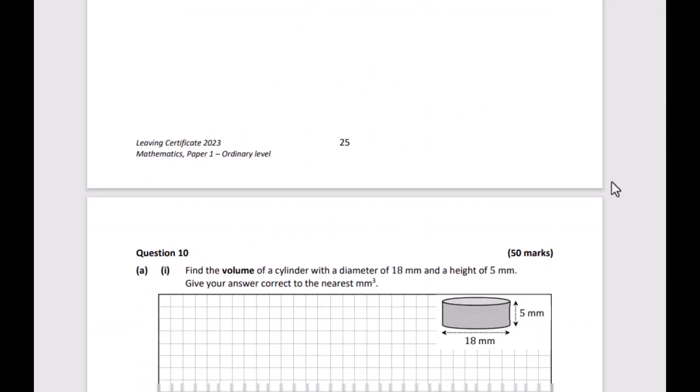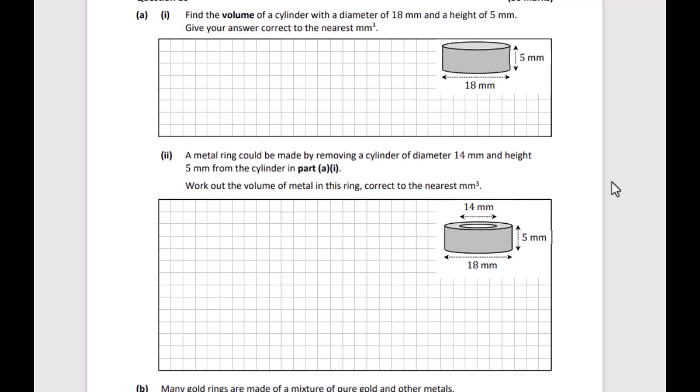Okay, so let's move on and have a look at question 10. Find the volume of a cylinder with a diameter of 18 millimeters and height 5 millimeters. Give your answer correct to the nearest millimeter cubed. So the volume of a cylinder is pi r squared h. So we want pi times the radius, which is 9, which you need to square, and the height is 5. When you do that, you get 1272